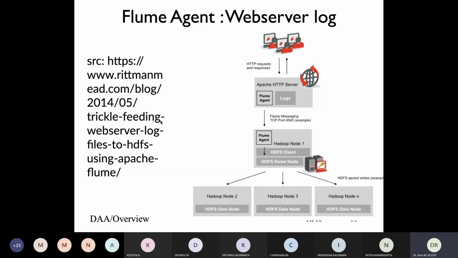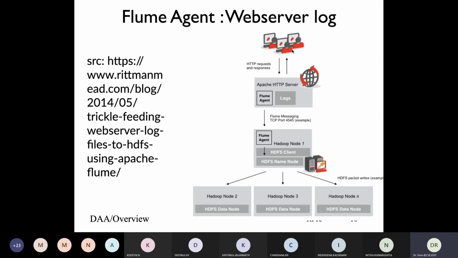This link is given by the author in one of his notes. If you look at the notes to install Flume and work with it, it's an example of how the whole web server logs are written. It's a good article to read, and I recommend you read through it. That will probably help you understand how Flume actually works.